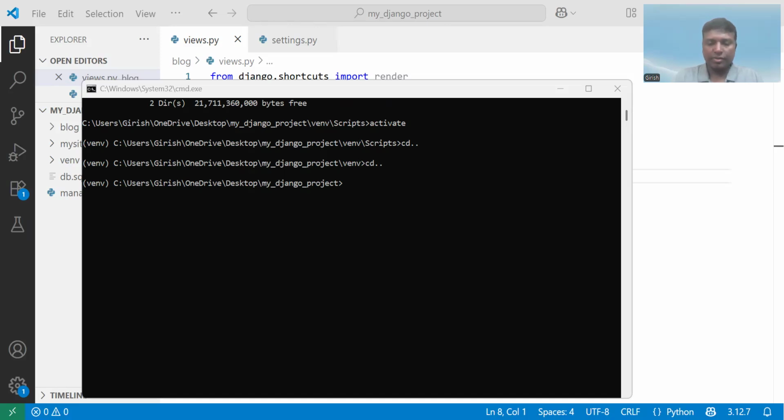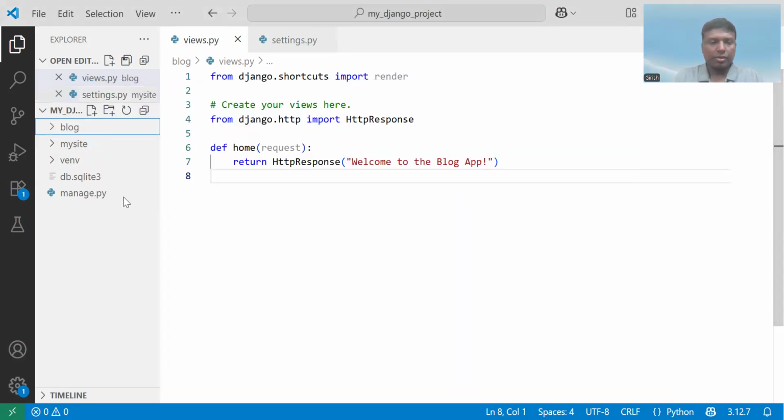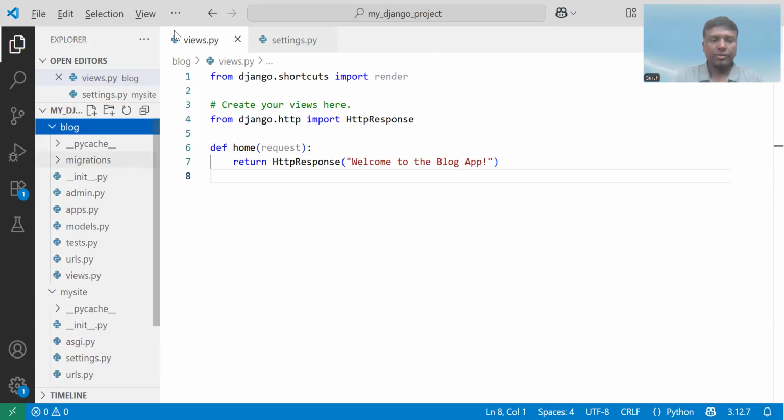So we have seen in the last two videos, I think, I have explained how to set up the simple Django project and then web applications and the project mysite and blog. In the last episode, you can see that. Okay, so blog and mysite. So I have opened this project inside the Visual Studio Code. Okay. Now,